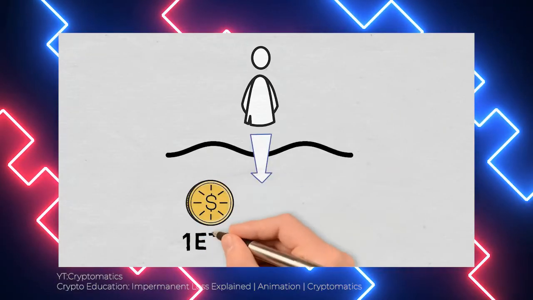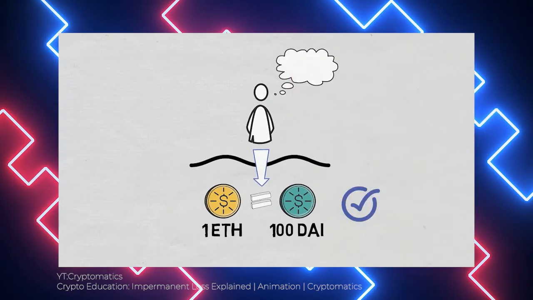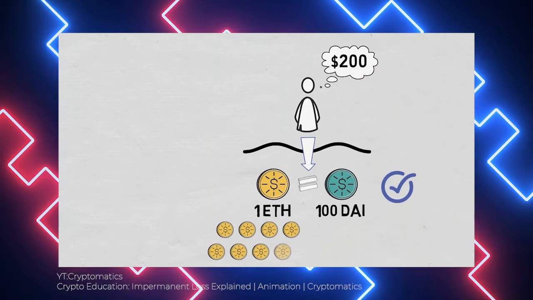This means that the trader has a 10% share of the pool and the total liquidity is 10,000. Now let's say the price of ETH increases to 400 DAI. While this is happening, arbitrage traders will add DAI to the pool and remove ETH from it until the ratio reflects the current price. Remember, automated market makers don't have order books.